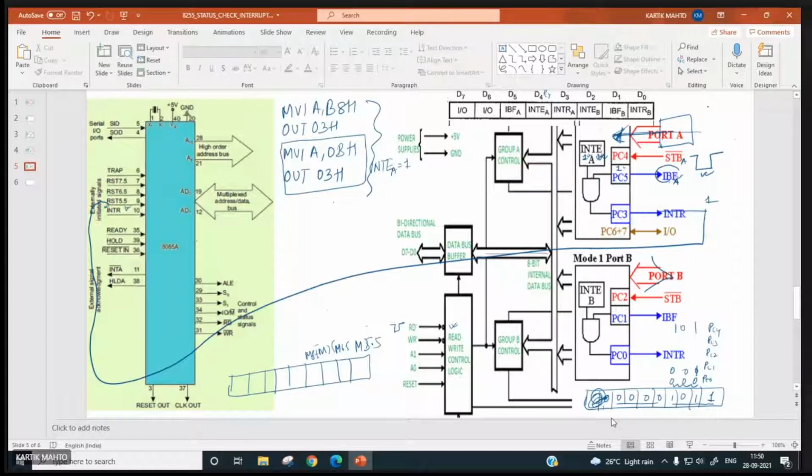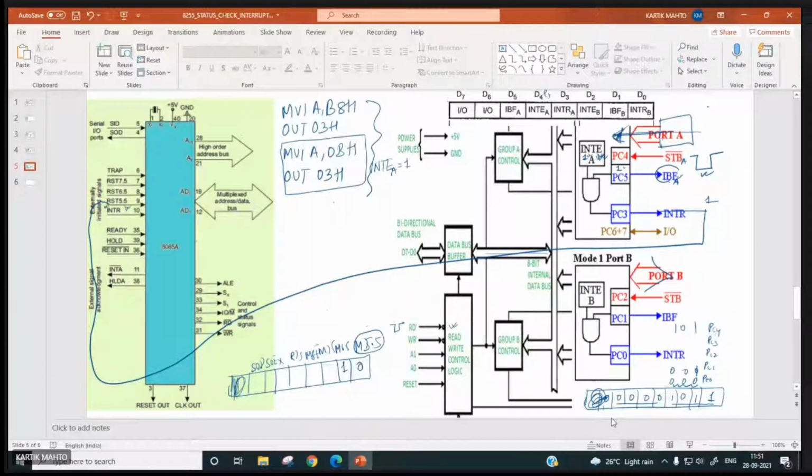This is R7.5. This is don't care. This is SOE. This is SOD. This is not needed, right? So here, in order to unmask this 5.5, you have to make it 0, make it 1, make it 1.